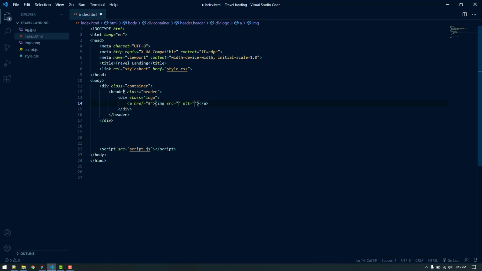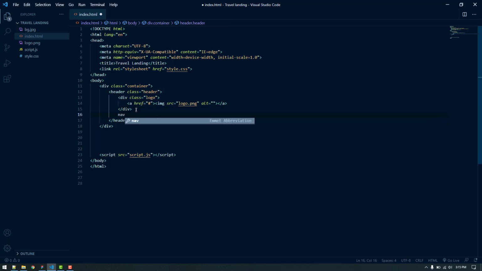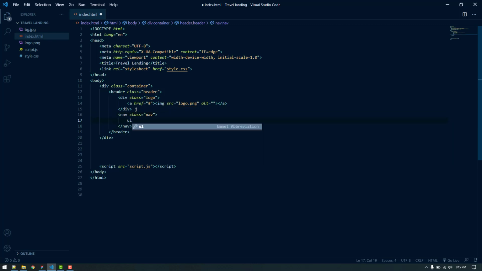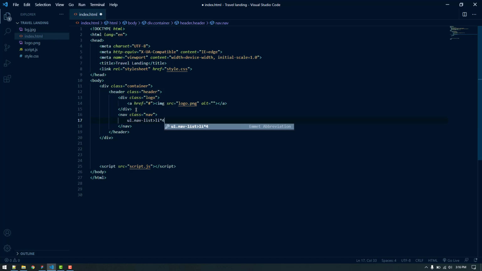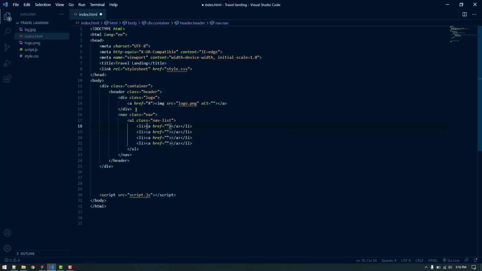It's in the base folder, so we don't need to use anything. We can just type the name. Now we have added our logo. Let's move on to the next thing, which is the navigation item. So let's use a nav tag with the class of nav, and inside it let's use another list with the class of nav list. Inside it there will be the li or the list items. We have 4 items in the list items, and each of them will have an anchor tag. So here we go. Let's put hash.